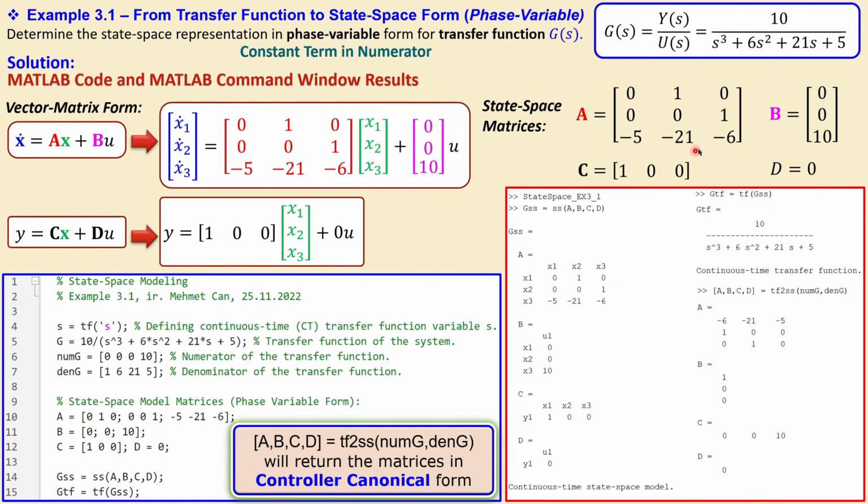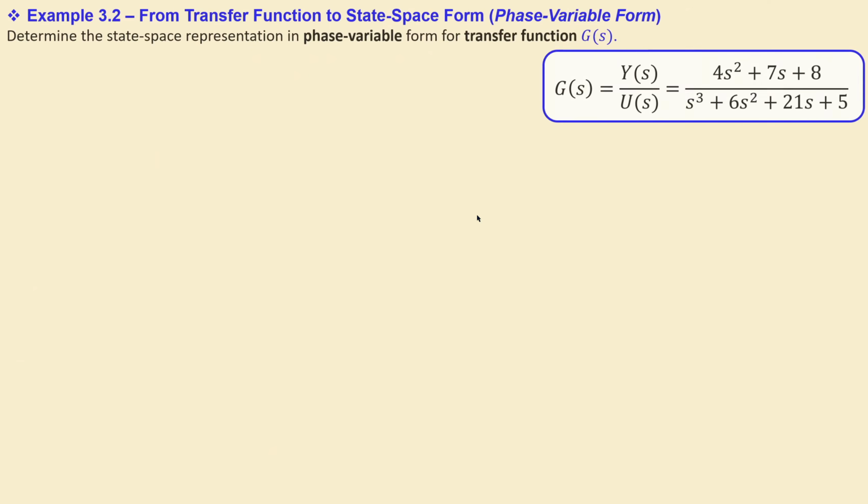It's not wrong that you have this, it's just a different representation. So A, B, C, D with this one will always produce, in this case, the controller canonical form in MATLAB. So it is fine, we will see that later. Now let's also look at